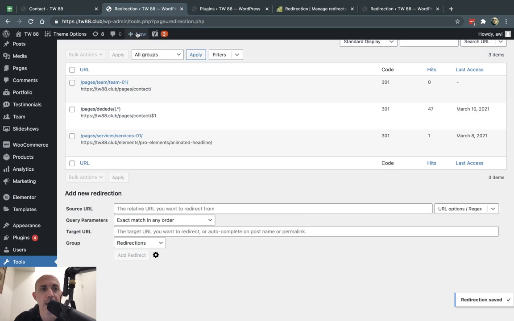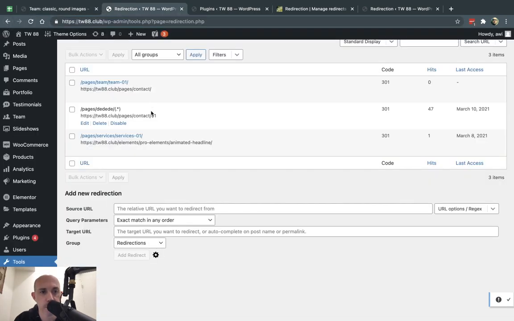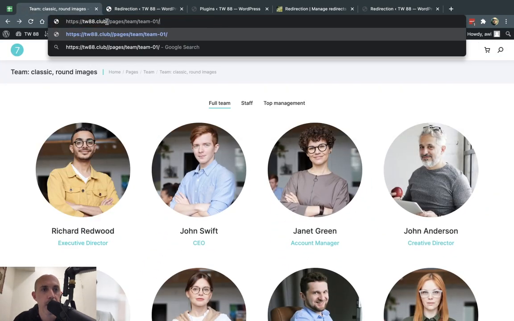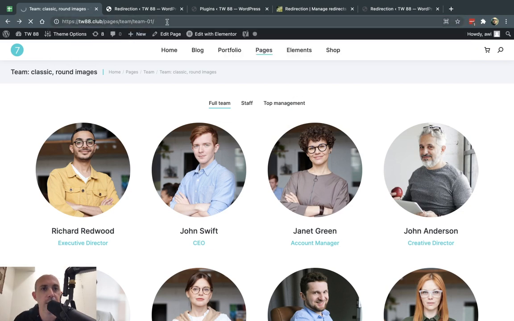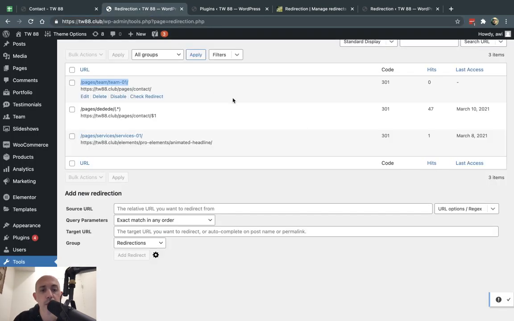That's it. Now if I go to that old page, let me copy that, and type in the URL, you'll see that instead of team01, it redirects me to the contact page. So now that redirect worked. If you refresh the page, a nice thing about this plugin is it'll count how many times people went to that URL and how many times it triggered. So you can see how popular these old URLs are, and it helps you track this kind of stuff.